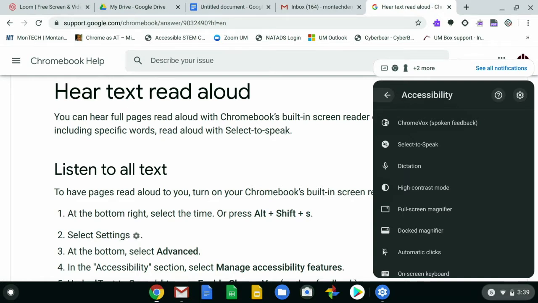So I'm going to show you in this example how we can get text read out loud. And I'm going to set the settings so that it's more supportive for a student that has a learning disability. The first thing I'm going to do is turn on ChromeVox. When I turn on ChromeVox, it's going to start reading everything like it would for a student who can't see the information on the screen. And I'm going to show you how to manage those settings if you just want certain text read out loud, which would be more appropriate for students, say, with a learning disability who can see the information on the screen. So I'm going to click this on,